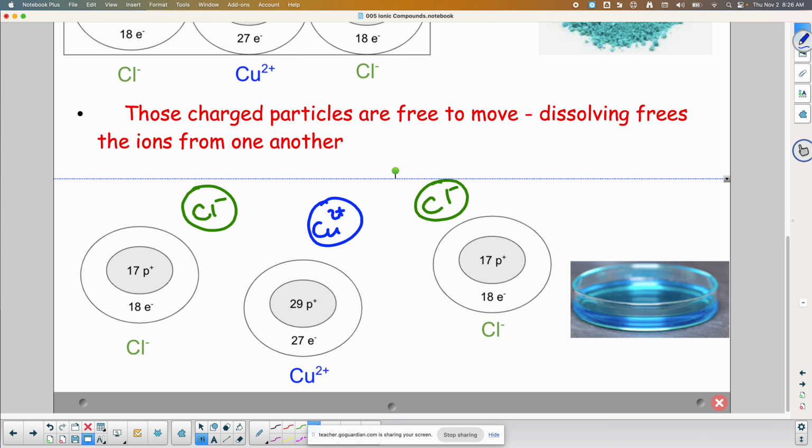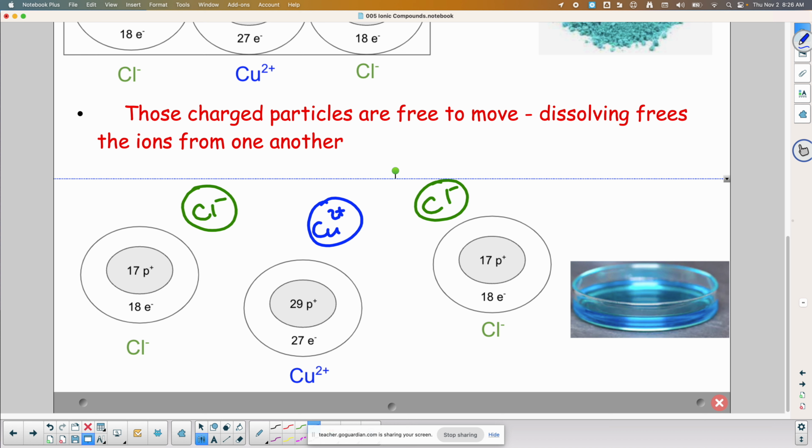And so the copper ions and the chloride ions separate from one another, and that's what it means to take a compound made of ions and dissolve it: to break the connection between the positives and the negatives and allow all the ions to move around separately from one another. Now we've met the two requirements to be able to conduct the electric current and make the light bulb light